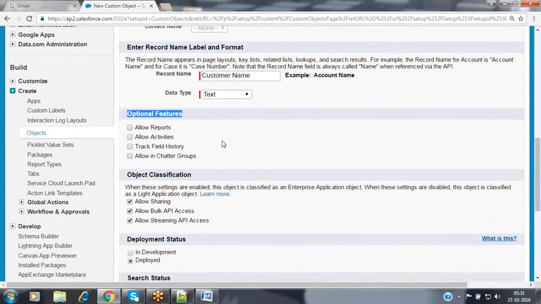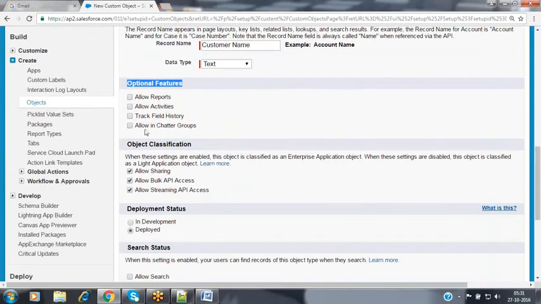Go to the optional features section. Inside that you will have four checkboxes. Already we have discussed this in yesterday's session. If you want to generate any reports based on the data available inside this object in future, then we have to enable it. So we have to select the checkbox Allow Reports. Only when you select Allow Reports, then after creating some records inside the table, if you want to generate any reports on that data, you will be able to generate them; otherwise it won't allow you to generate the reports.